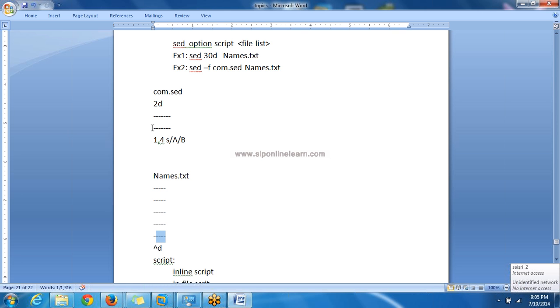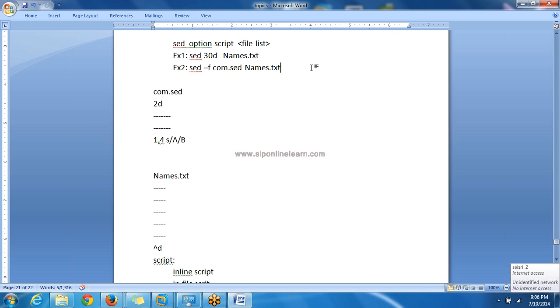Next, it will take the third command from the script file, and this command will be applied on all lines. Whenever a match is found, the command will be executed on that line and the modified result will be displayed onto the screen. Once again, these editings will not be reflected in the file, only displayed onto the screen. If you want to save this result as a new file, then you can use the output redirect operator.